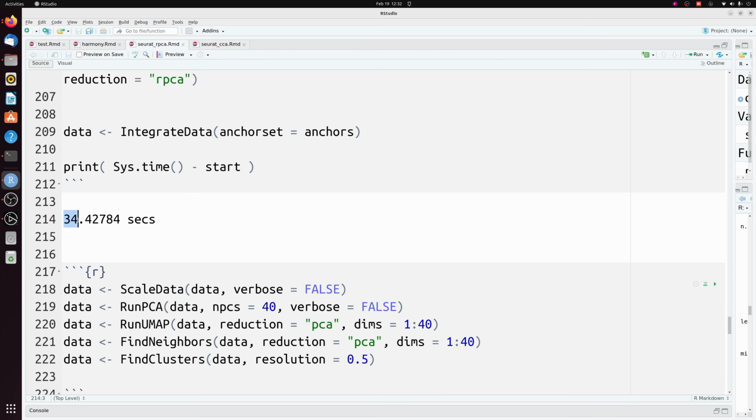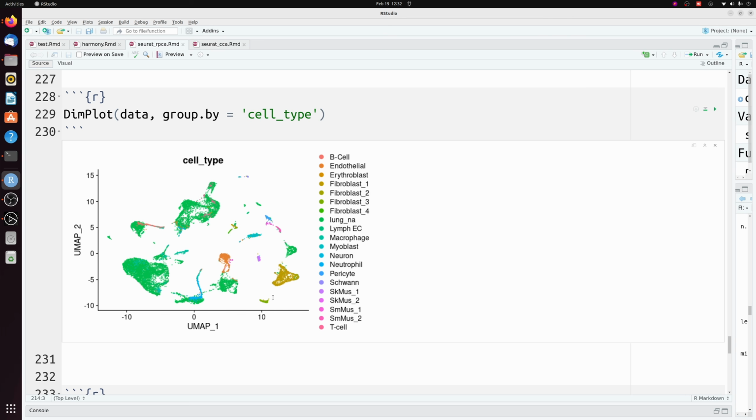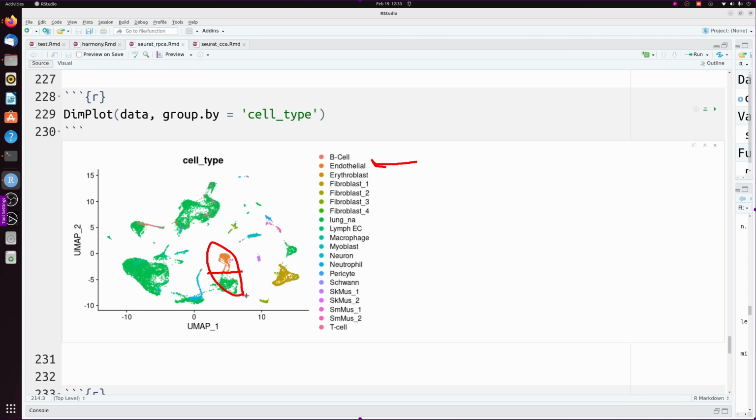So for that same data set, RPCA takes 34 seconds, and these data are more or less similar. But there's two important differences, I think. This appears to be the big endothelial cluster here, but it's segregated between lung endothelial cells and muscle endothelial cells. So we do expect that endothelial cells in these two different tissues are slightly different, and in CCA they were kind of forced together. So RPCA, again, similar, but seems to do a slightly better job